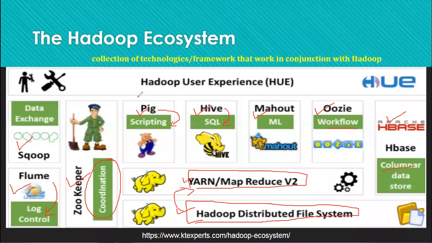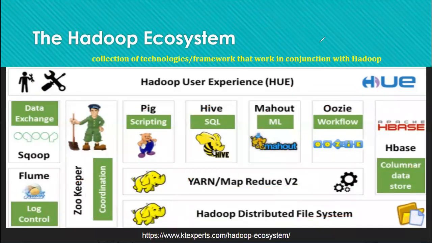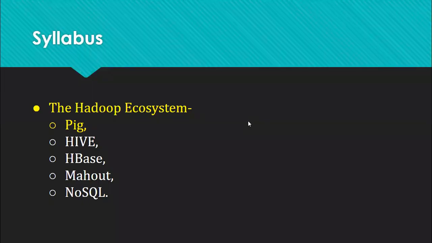Apart from that, at the top your client is working, which is called the Hadoop User Experience, HUE. So this is a simple Hadoop ecosystem, where different components are there. We are going to see some components from this. So here we'll start with Pig. This is a very common logo used for Pig. You know what the meaning of Pig is. In the logo also, an elephant is the logo used for Hadoop, and in that one part is a pig. So they have used this kind of logo for that.